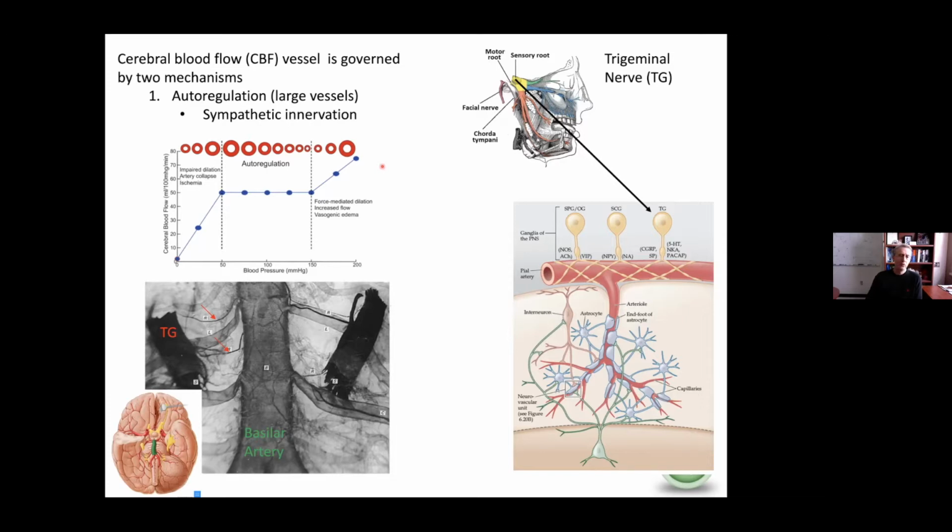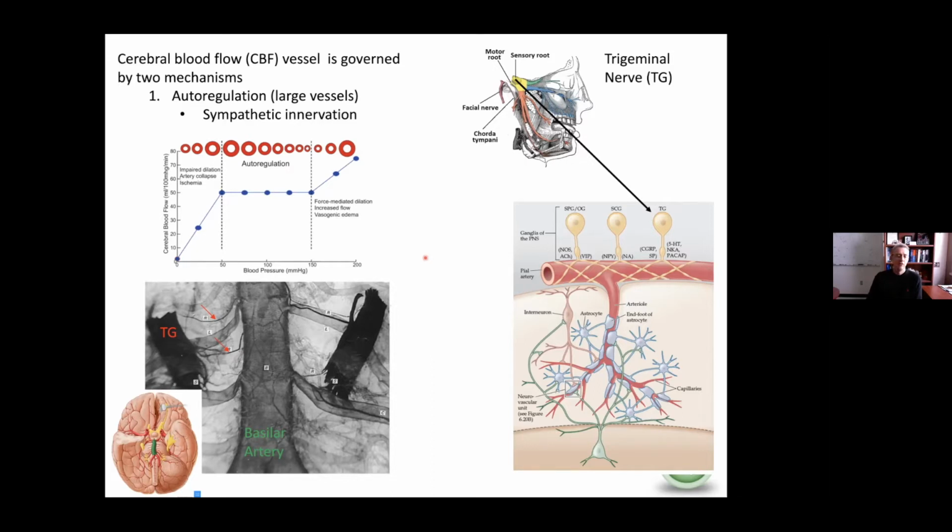Now, the rules governing autoregulation are still a bit unclear, but again, anatomy can inform us. Here's a stain of the basilar artery, and the red arrows here, these are actually really high caliber intracranial nerves that ensheath within the endothelia of the large blood vessels. So here's a schematic on the right here. You see that the large blood vessels on the cortex seem to be controlled directly by these large nerves.